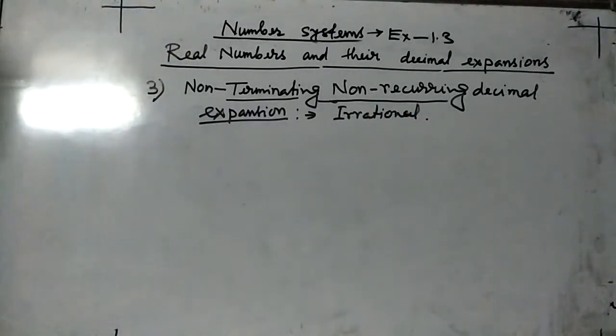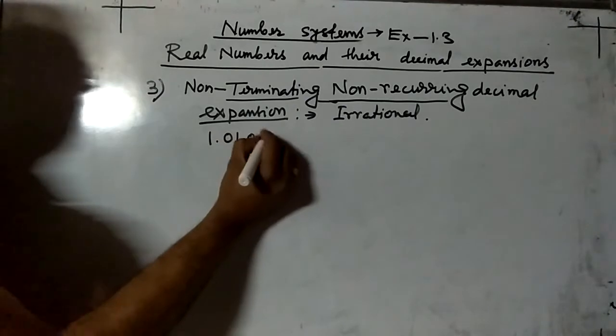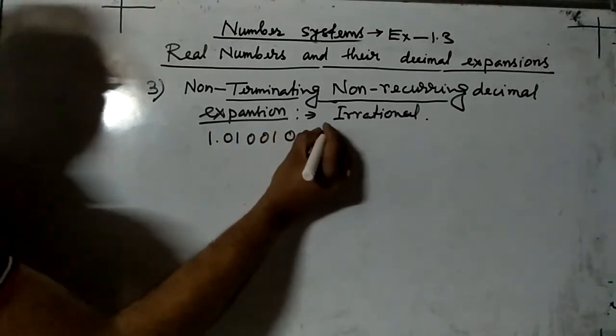Irrational. Okay, take an example like 1.01001000100001...